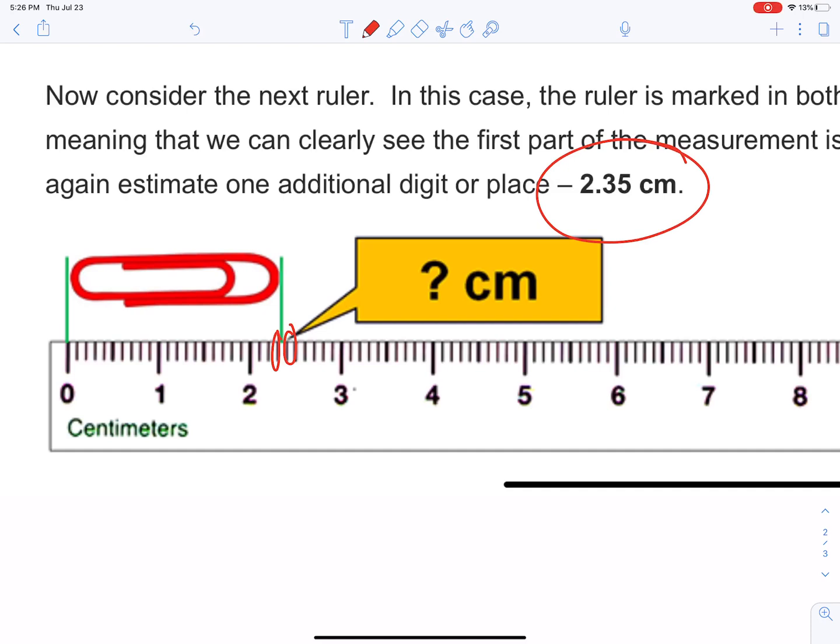I wanted to clear that up because the way the book talks about it, they're not totally clear on that last estimating digit, but it is really important when you make a measurement to know how to do